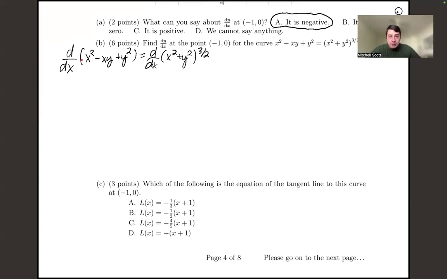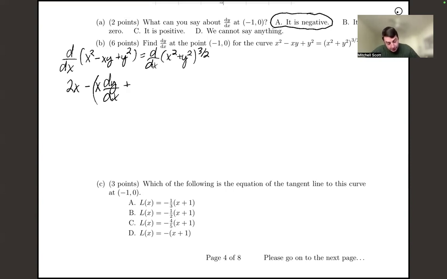Because they're all different terms, it's relatively straightforward. Here we're going to have to use the product rule because this is x times y of x, right? So then what I'm going to end up with is 2x minus first, which is x, derivative of y, dy dx,